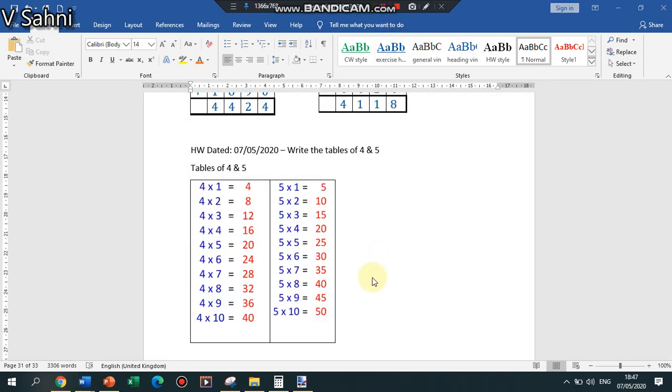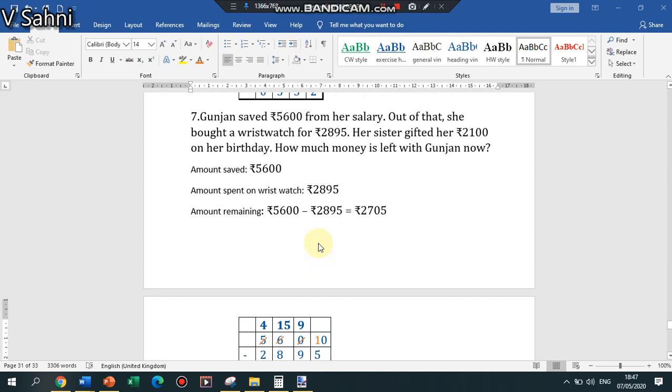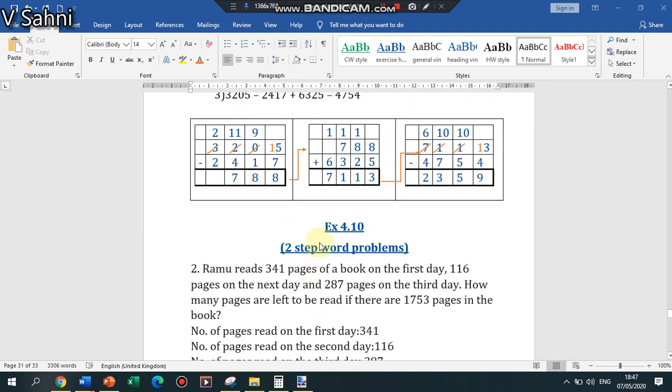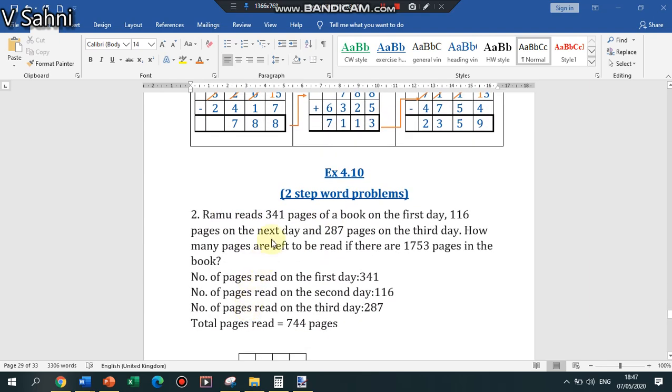So today's homework is you are going to write the tables of 4 and 5. So basically what I am trying to do is till our PT1 I am going to try to cover till the table of 6. Okay, and then we will be doing the other tables later on. So your homework now is to do table 4 and 5, and obviously you will be writing the class notes also. And as I have always told you, word problems, are you going to write the full question? No, you will not write the full question, you will only write the first and the last word, right? First and last word only, of the word problem.